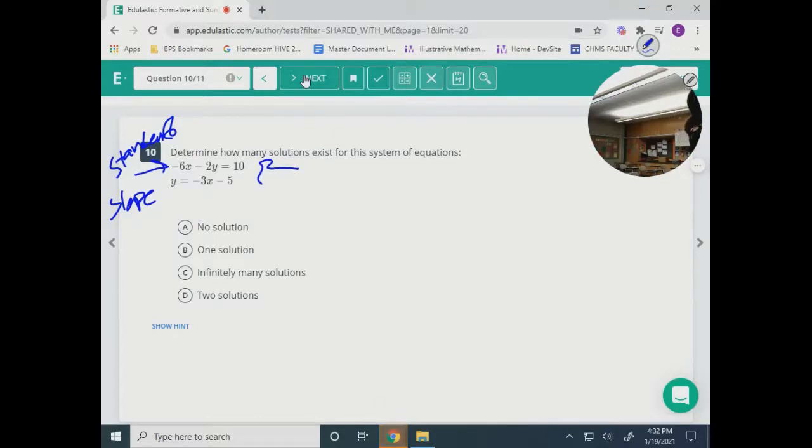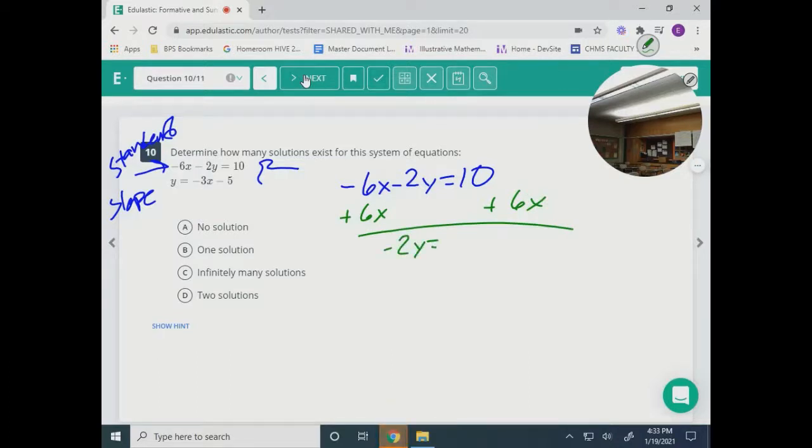I'm going to say negative 6x minus 2y is equal to 10. I want to isolate my y by itself. First thing I'm going to do is get my x over to the other side by adding 6x to both sides. I'm left with negative 2y is equal to 10 minus 6x. Now to get my y by itself, I need to divide by negative 2. Both of the terms need to be divided by negative 2. Cancel out. We say y is equal to negative 5